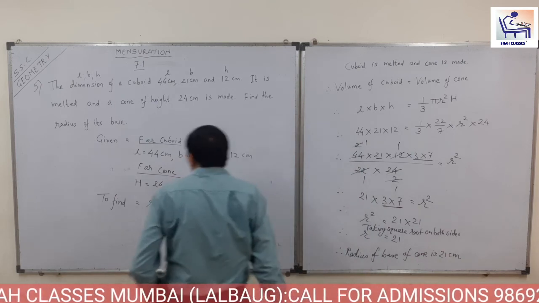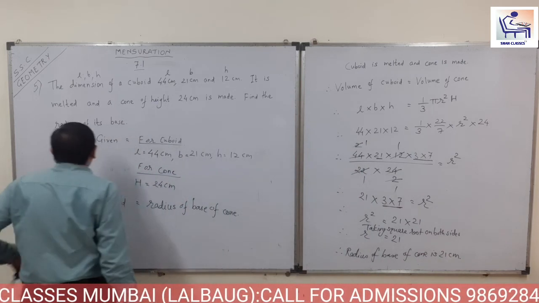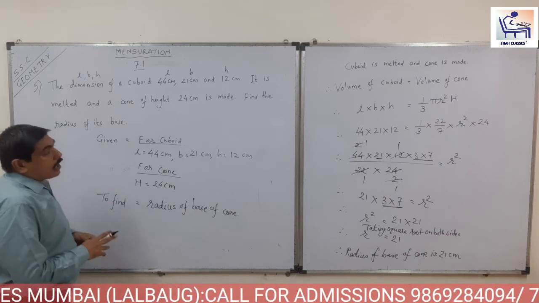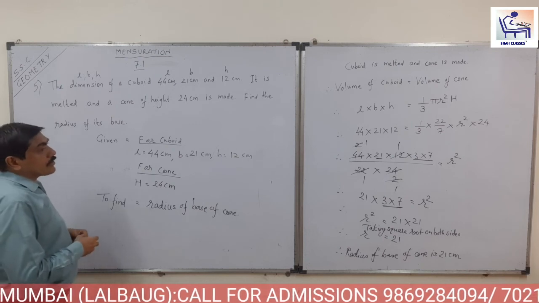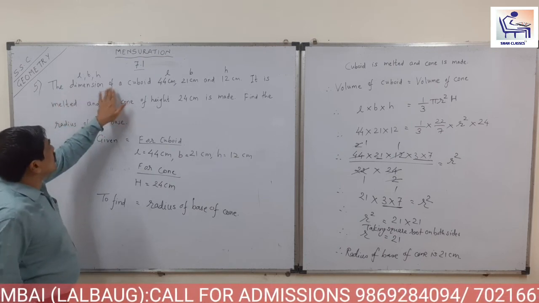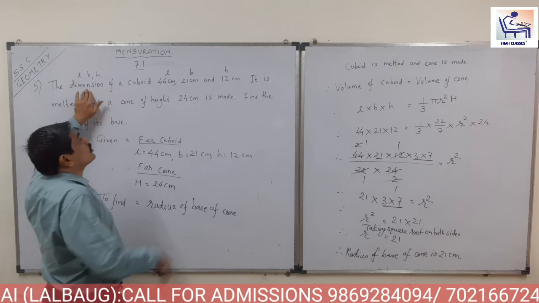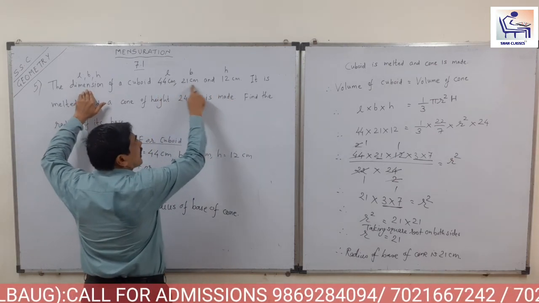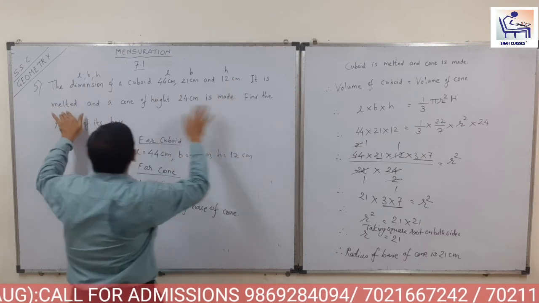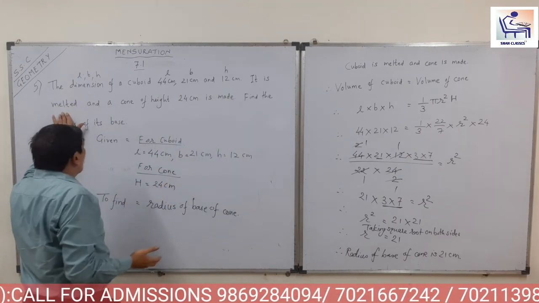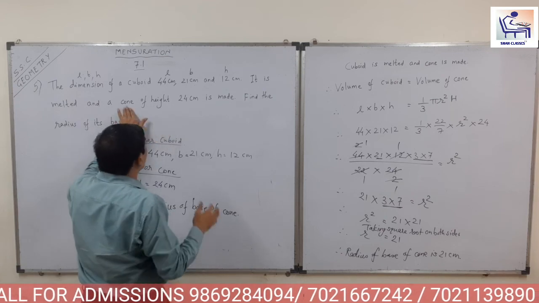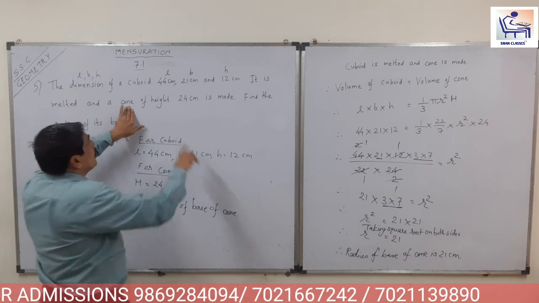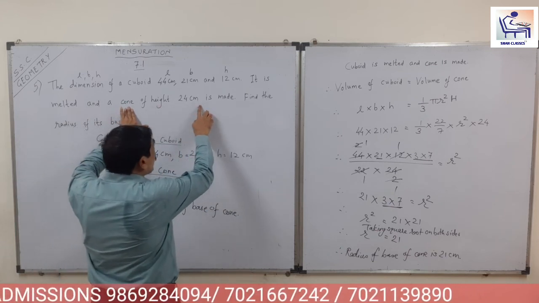Okay. So ये आपने पूरे सम को ध्यान से देखा. अब आपको वापस एक बार एक्सप्लेन कर दूं. डायमेंशन, जब भी आपको डायमेंशन दिया जाए तो समझ लो ये लेंथ, ब्रेथ और हाइट है. फर्स्ट इज ऑलवेज लेंथ, सेकंड इज ऑलवेज ब्रेथ एंड द थर्ड वन इज हाइट. It is melted. मेल्टेड मींस हमने उसे पिघला दिया और उसमें से क्या बनाया? कोन. इसका मतलब वॉल्यूम सेम होगा. वॉल्यूम विल नेवर चेंज and the cone of height is 24 centimeter.